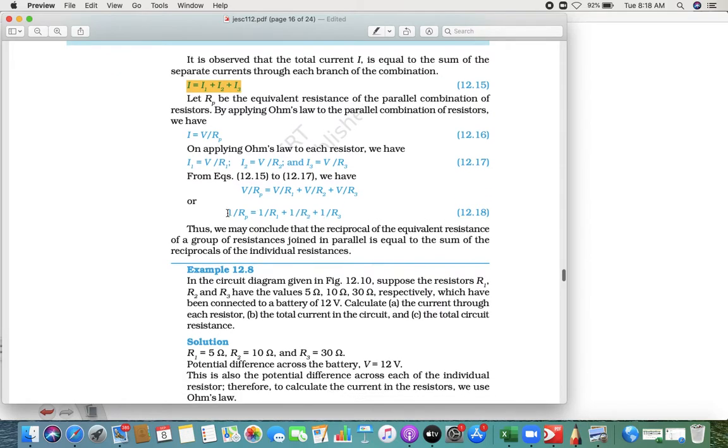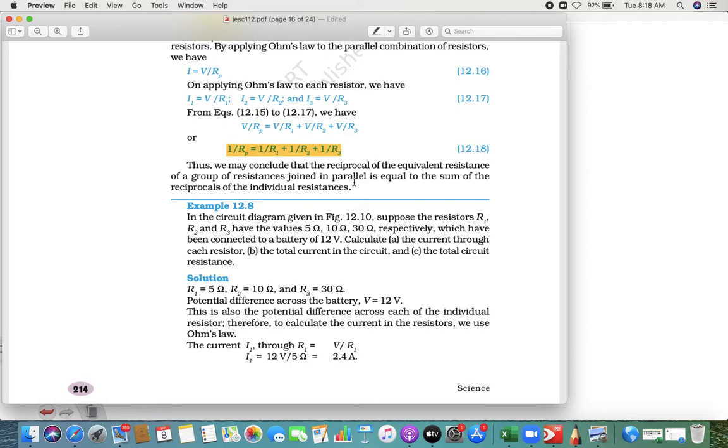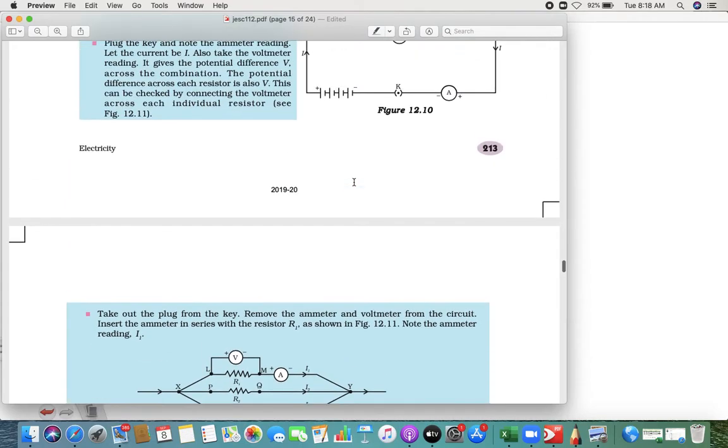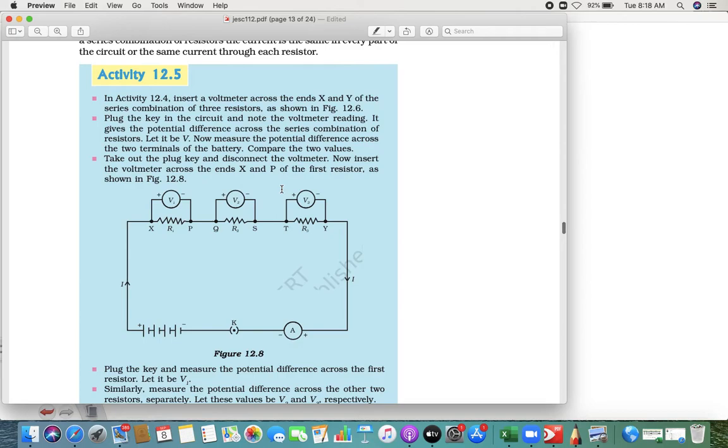Okay. Now we are going to see the merits and demerits, that is, the advantages and disadvantages of series and parallel connection. If you talk about series connection, there are a lot of disadvantages. The first disadvantage is, when you connect everything in series, if the first device gets fused, meaning it stops working by any means, all the other devices will stop.